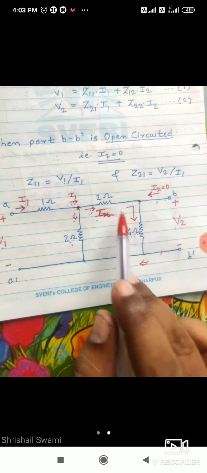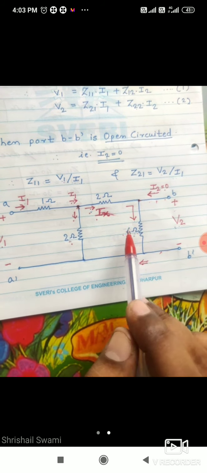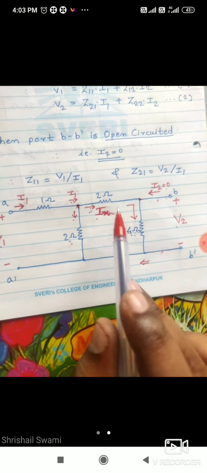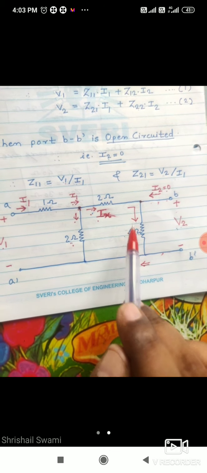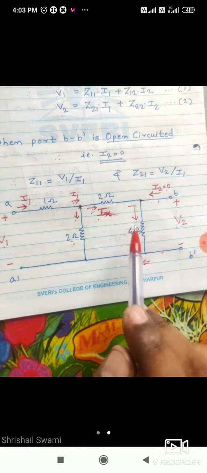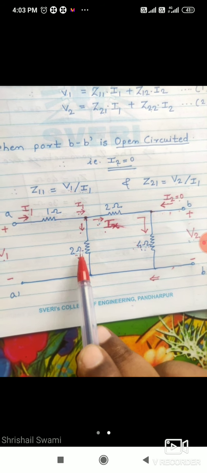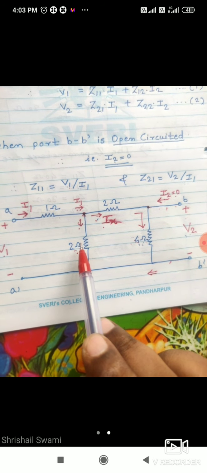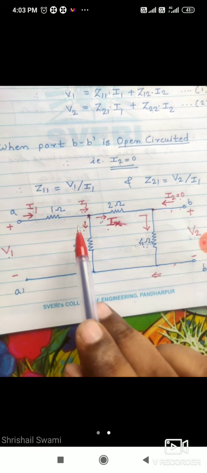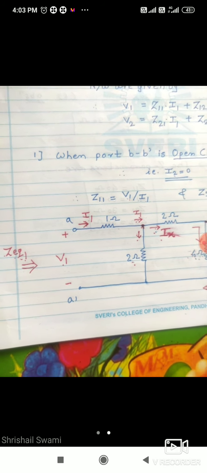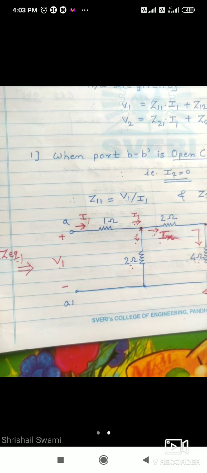So that's why whenever the same current is flowing through two different resistors, then the meaning is that these two resistors are connected in series. So 2 and 4 are connected in series, that is 2 plus 4 is 6 and that 6 is in parallel with 2 ohm. Okay, so that answer whatever it will come, that is in series with 1. So that will give the answer of Z equivalent 1. Okay, so we will solve.